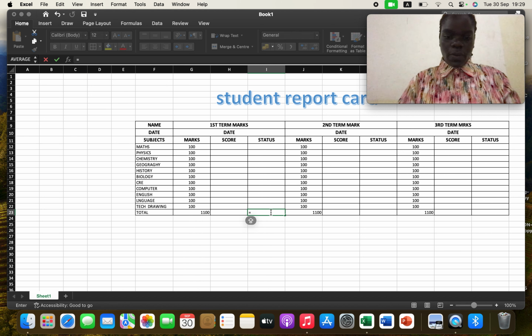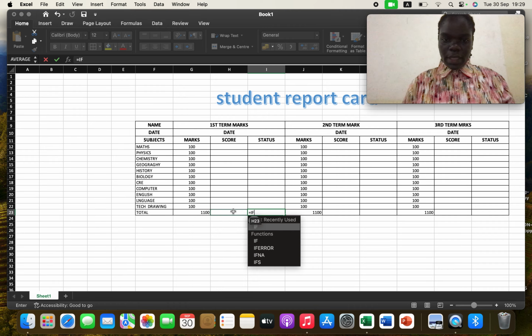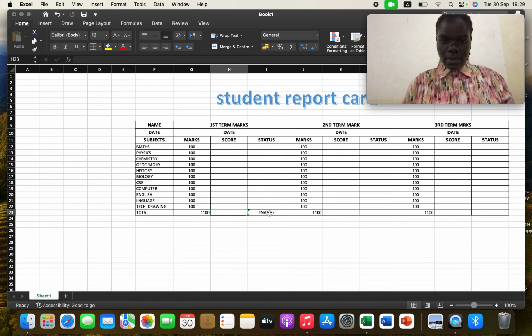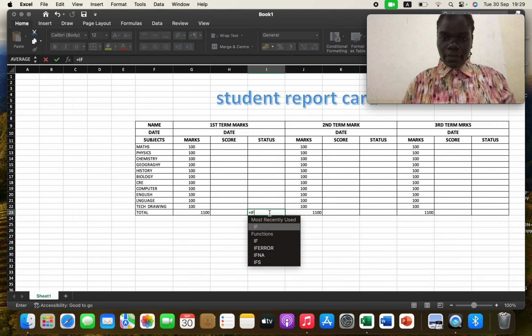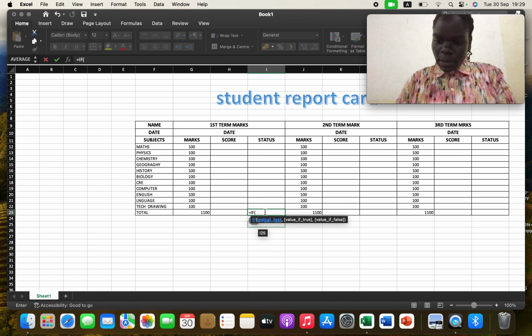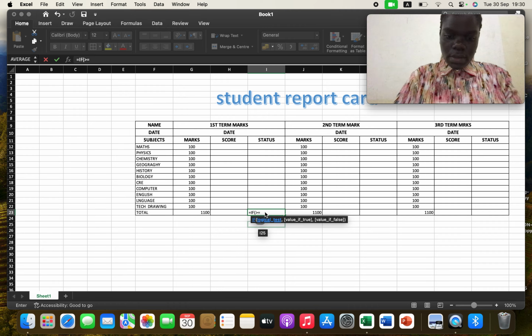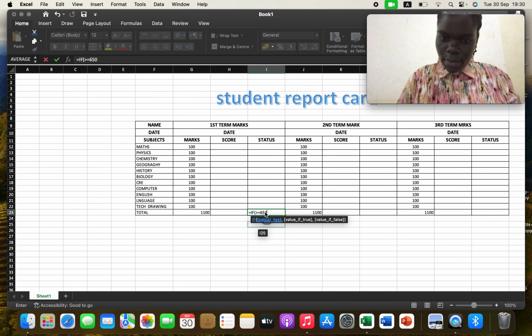So I'm going to say equal to if this cell right here, I'll say equal to if my marks to qualify you to have passed 650 greater or equal to, let's say, so I say greater or equal to 650, comma, then